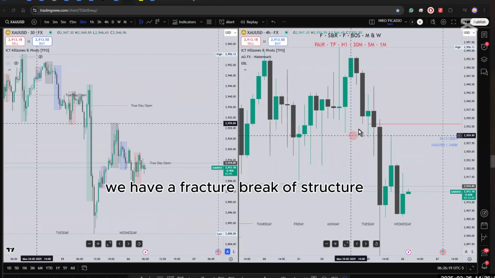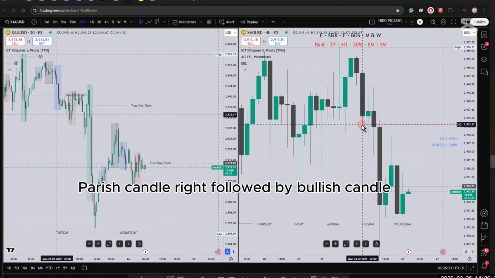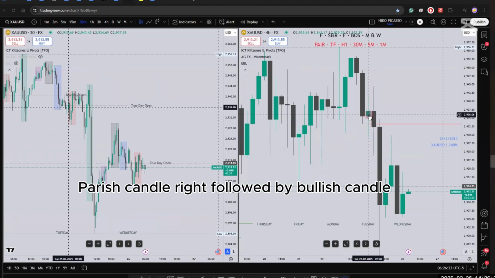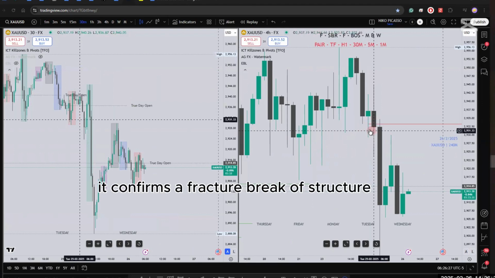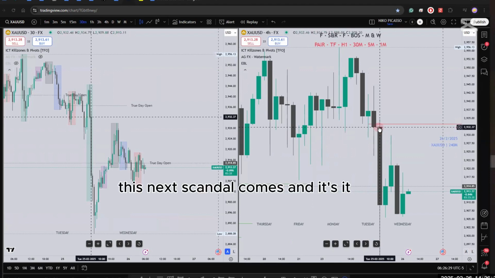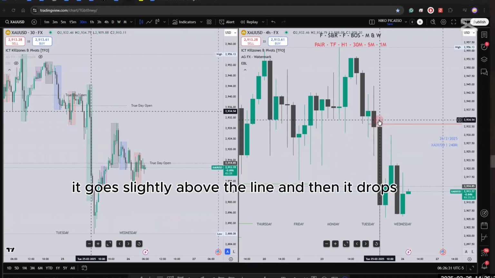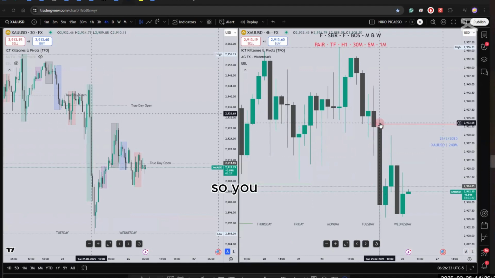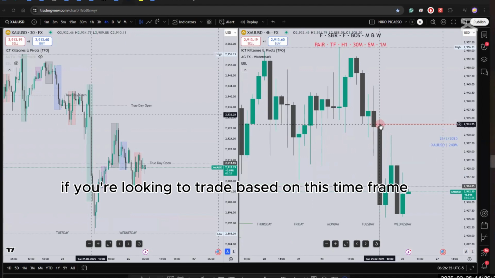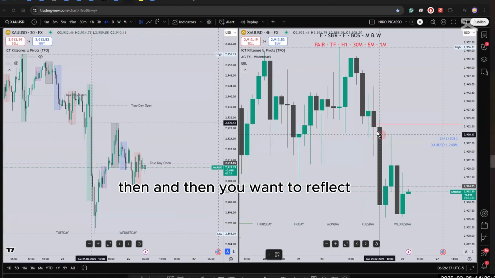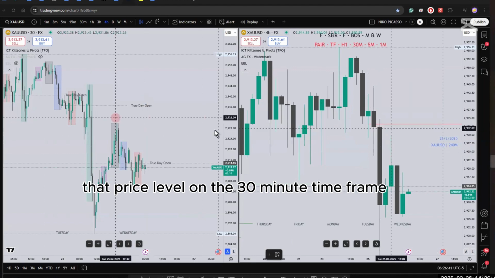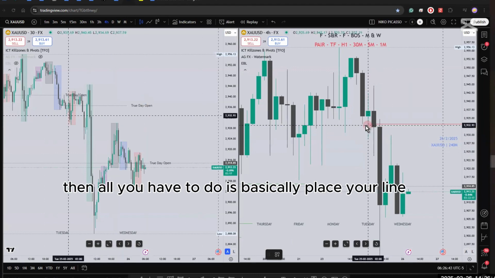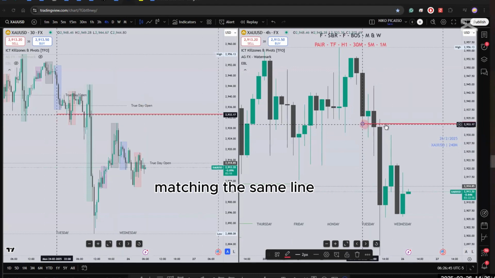We have a fractal break of structure, which is right here, bearish candle, right, followed by a bullish candle, and then this candle body closes below the low of this candle. It confirms a fractal break of structure. This next candle comes and it goes slightly above the line, and then it drops. So if you're looking to trade based on this time frame, then you want to reflect that price level on the 30-minute time frame, then all you would have to do is basically place your line matching the same line,